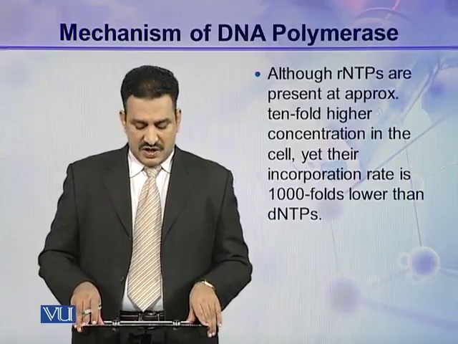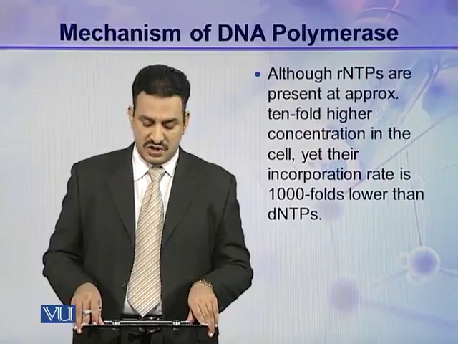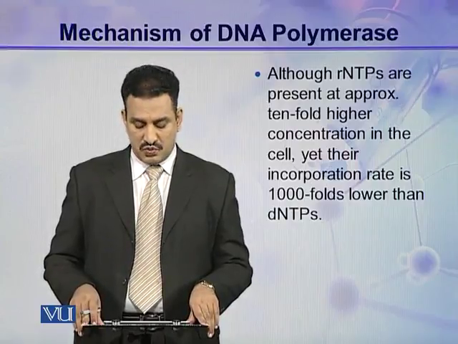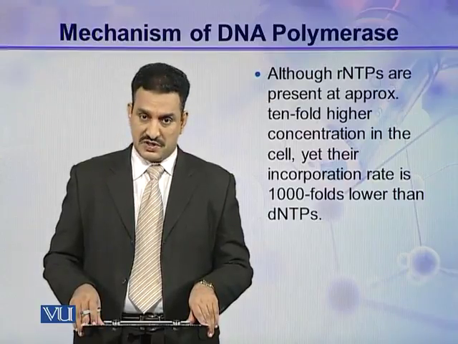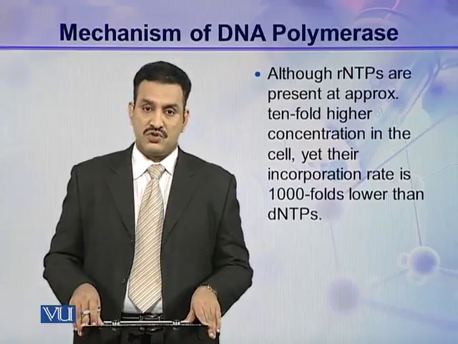Although rNTPs are present at approximately 10-fold higher concentration in the cell, yet their incorporation rate is 1000-fold lower than the dNTPs, and that is due to the ability of DNA polymerase to distinguish